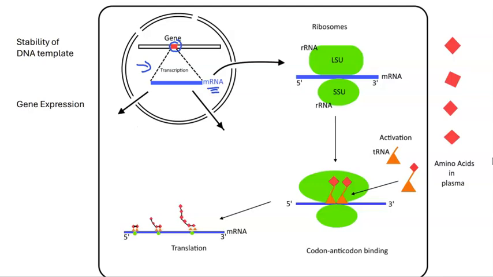The messenger RNA here is shown not to scale. I'm just making it larger for the purposes of the diagram. In fact, it would be roughly the same length as the gene itself. So the messenger RNA then leaves the nucleus from the transcription. Transcription occurs first, and then the messenger RNA will locate itself out into the cytoplasm on the ribosomes,